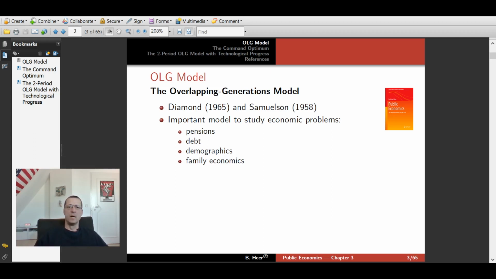Also, the overlapping generations model is the natural framework to study demographics because the two cohorts, the young and the old, do not need to be of equal size. So in the future, we know we have many more old people and fewer young people. Fewer young people have to pay for more old people, and our pension system might collapse. This is the topic of chapter 6 in my book, and we will find out